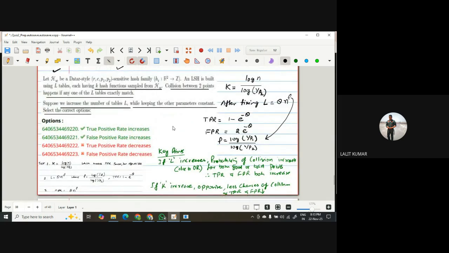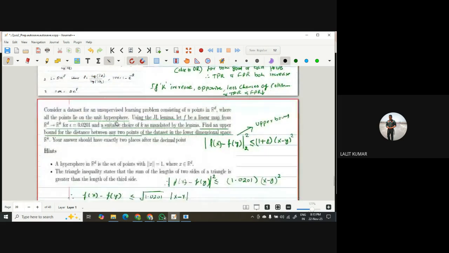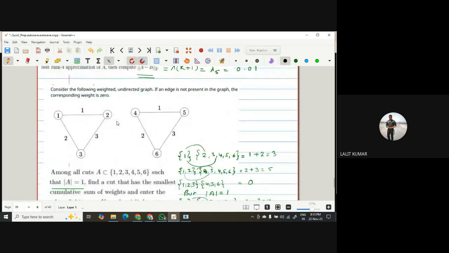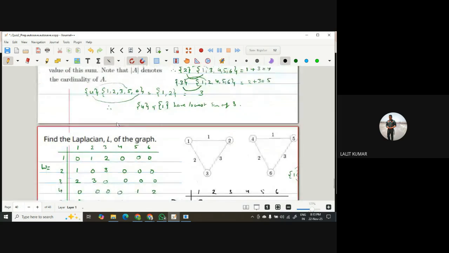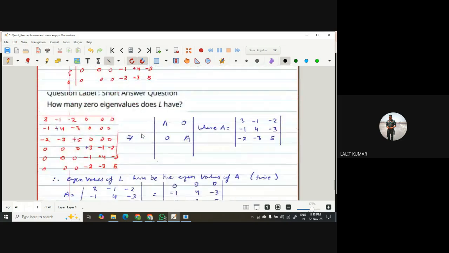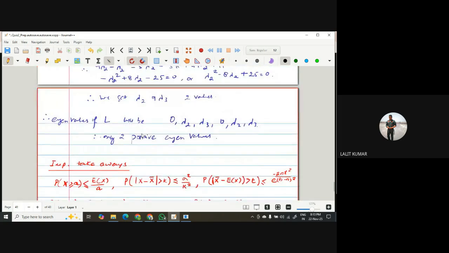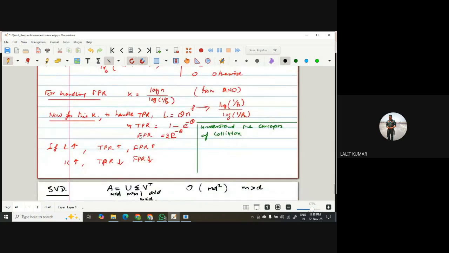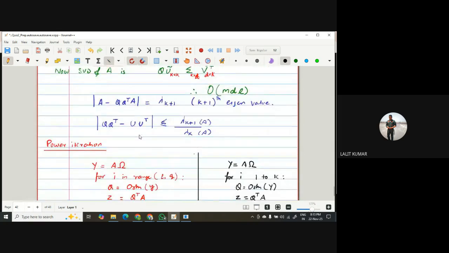This I have already covered, the relation between K and L with TPR and FPR. Please try to remember this. These questions are directly from GA, but what Karthik was saying is that last term's quiz 2 question paper was very easy. This time they will make it hard. So please remember the concepts, otherwise B is the standard correct answer always.